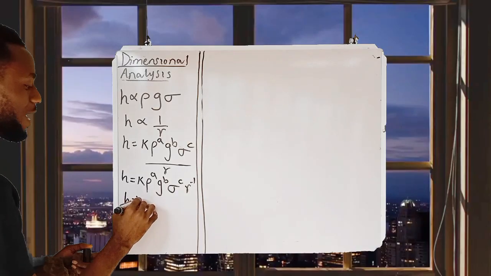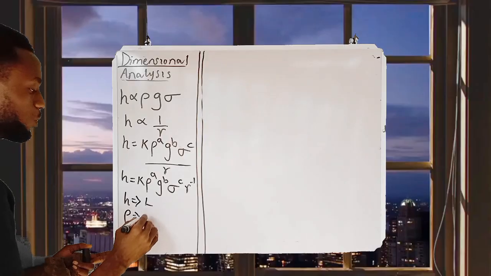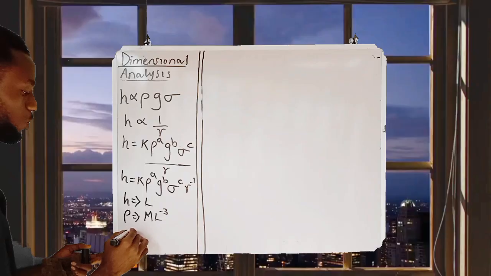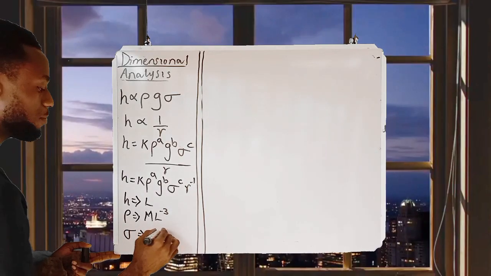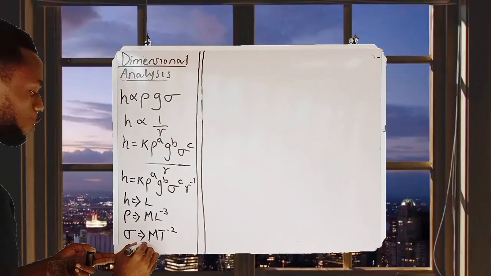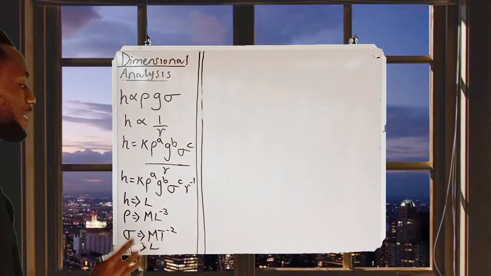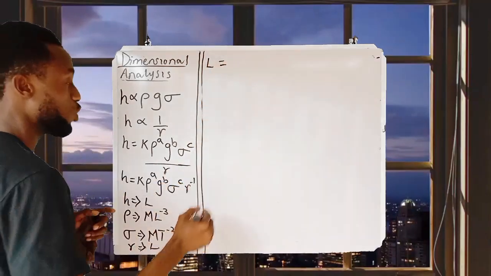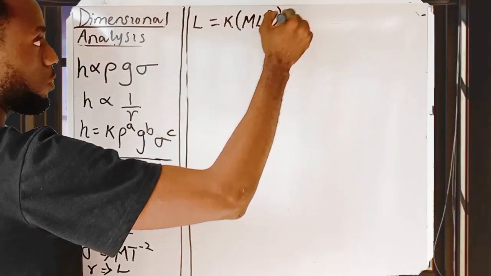We know that the dimension of height is length, L. The dimension of density has been proven as a mass per unit volume, so ML^-3. That of surface tension was proven as force per length, which gave us MT^-2. And radius is actually a measurement of length. So with this, we can now insert everybody into the original equation. H is replaced with L, and this will be equal to constant with no dimension, replacing the density raised to the power of A,